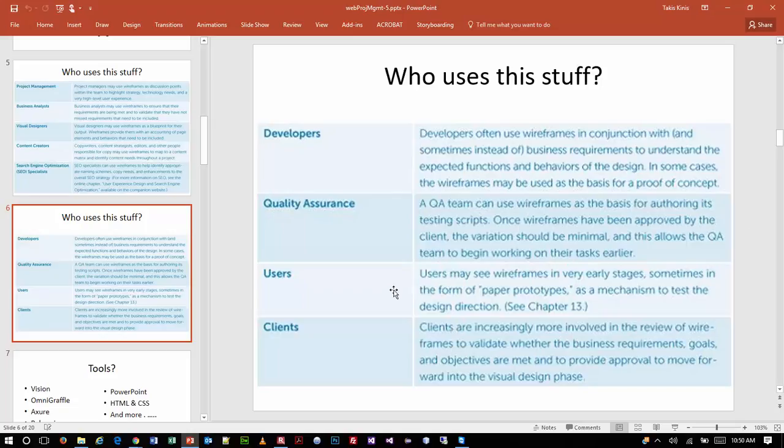So, and then there's one little box out of all these roles that we think we fall into, which is the developers, the people who actually do some of the coding. And notice here for developers, it says in some cases the wireframes may be used as the basis for proof of concept. So developers, even though you might be code focused, and even if you're working with a template, and I'm looking at you PC tech people, and you already have all your content pumped in pretty much,